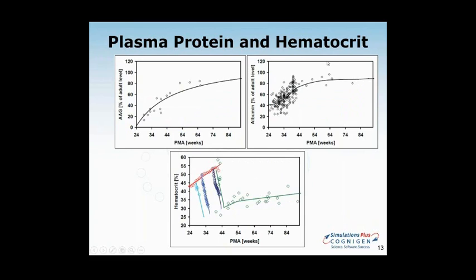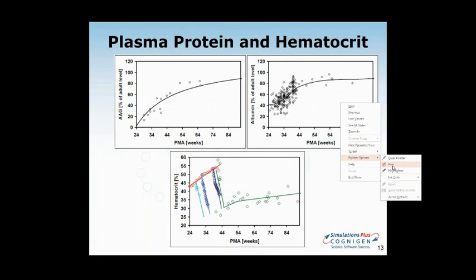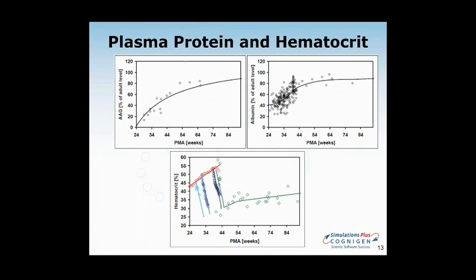The other parameters that we of course need to account, especially for the aspect of distribution but also for clearance, are the plasma protein binding and binding to red blood cells. As you know, for a lot of drugs with a significant binding to plasma protein, clearance or distribution of the drug can be significantly affected in the children. And similar for the hematocrit. If the drug has significant binding to red blood cells, then the portion of the red blood cells in the blood will again affect the distribution of the compound.